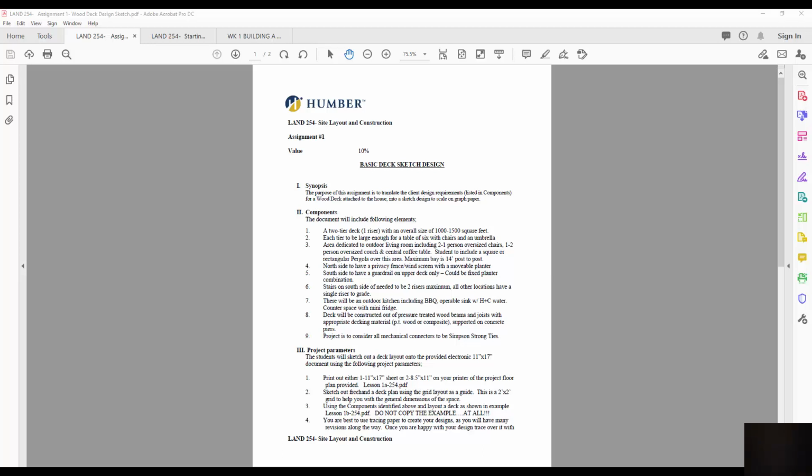So the project breakdown basically looks like this. We're going to be looking at a two-tier deck, one riser or one step between the two tiers, with an overall size of approximately 1,000 to 1,500 square feet. And I'll show you how to calculate that when we get into some of the material that I'll be providing very shortly. So each tier is supposed to be large enough for a table that would sit 6 people around